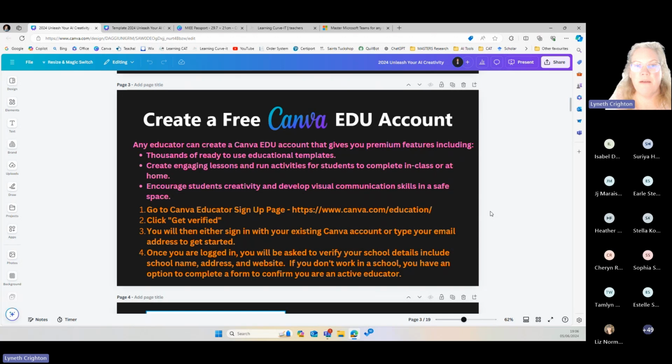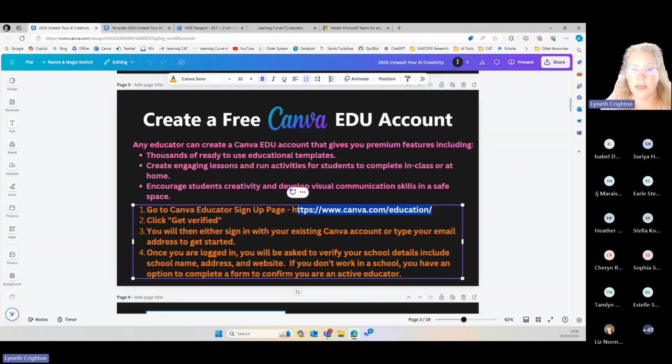However, over and above that, if you've already got a Canva account and it's not an education account, so for me, I've got more than one account and one was on my Gmail address.